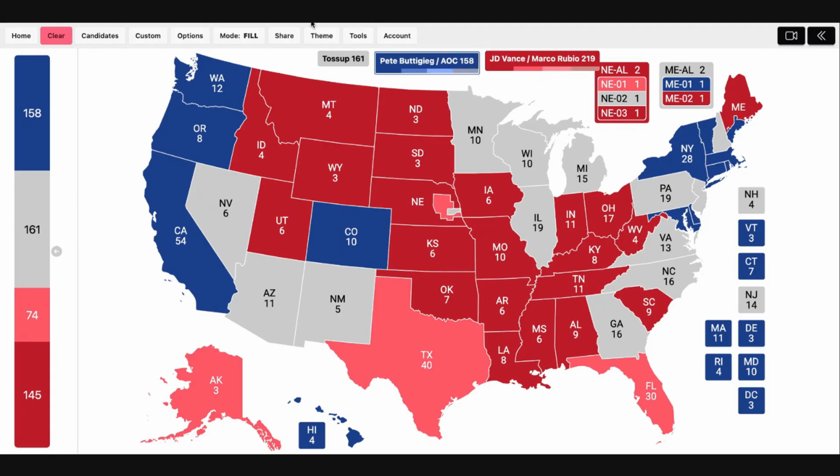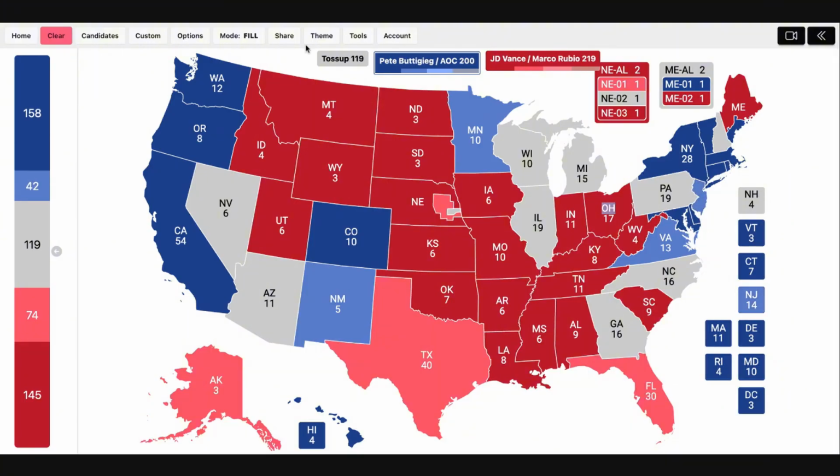But looking at the likely Democrat states, New Mexico, Minnesota, Virginia, New Jersey are all in that likely category, as well as Nebraska's second congressional district, which comes in at a 10-point victory in the state. And we actually see that Nebraska's third actually gets more Republican. So that's why the state doesn't really end up shifting that liberal.